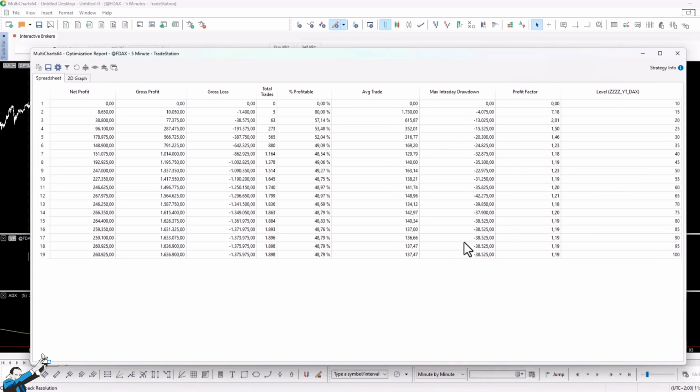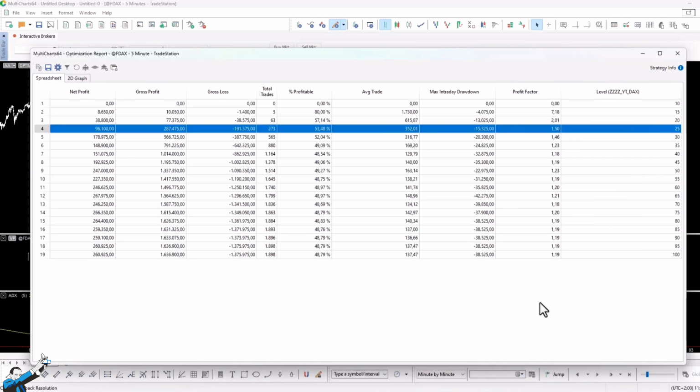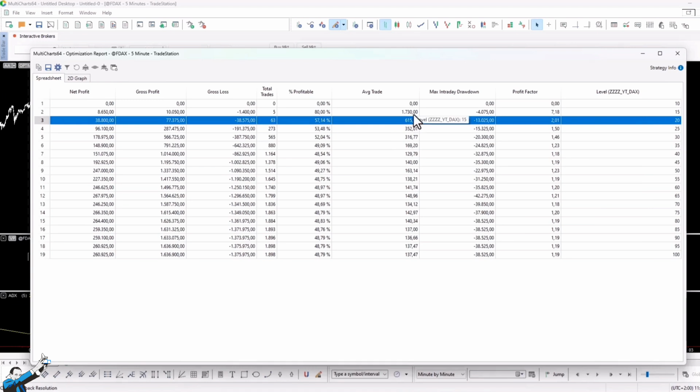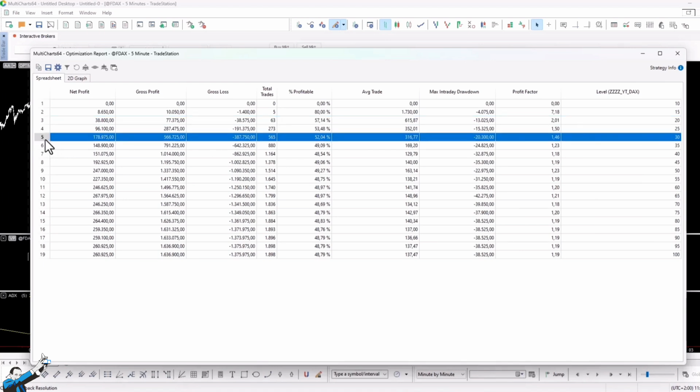But look at the 25 value. By using the ADX threshold in a way that's contrary to theory, we achieve a great average trade of $350 and a drawdown of $15,000. Net profit is not amazing yet since it's still below $100,000, but that's partly due to the fact that the strategy makes only 270 trades. Higher ADX threshold values produce even better average trades than drawdowns, but be careful, since they produce too few trades to be reliable. So let's go with a compromise value and consider a threshold of 30.